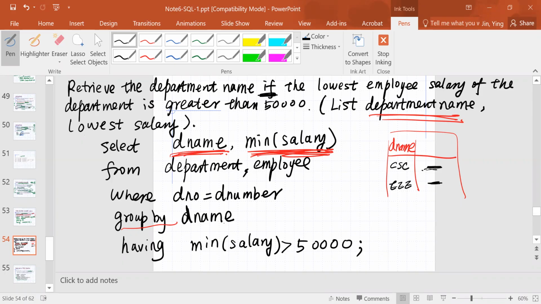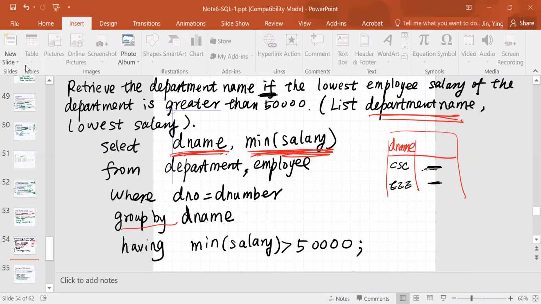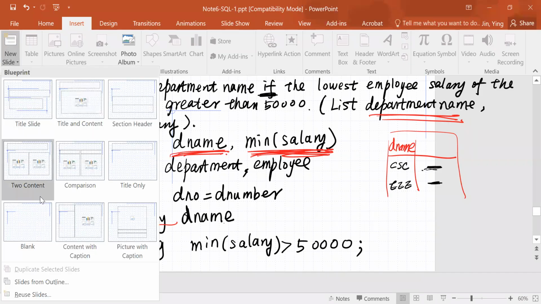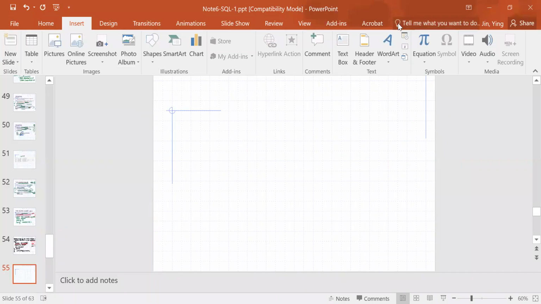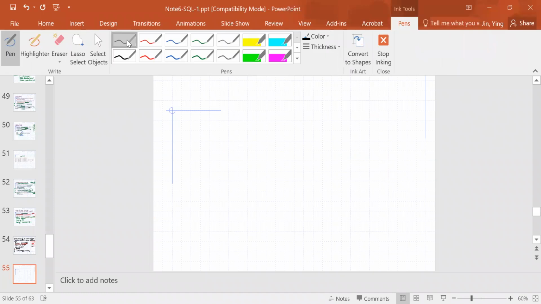Okay, so let's try another one. And hopefully after we finish this, you are in good shape to do aggregation functions in the having clause and how to use group by. Okay, so this question,